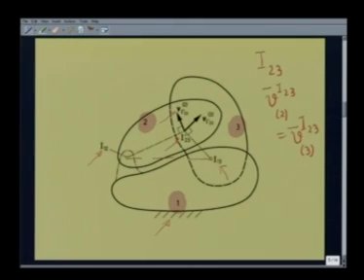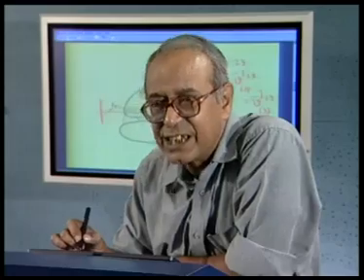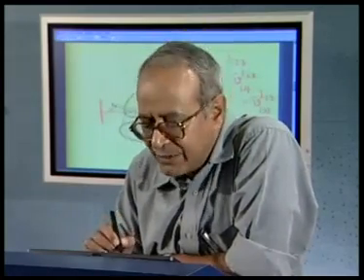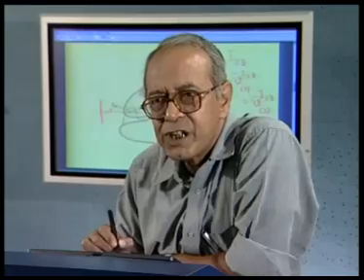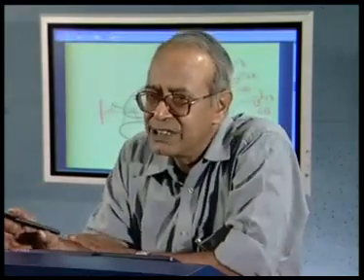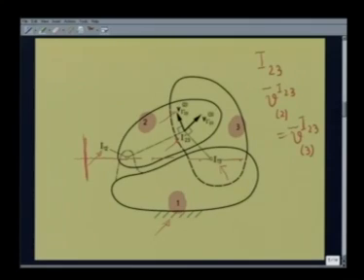lies somewhere on this line, say here or there or there or there. Then only the rotation about I12, if I consider it to be a point on body 2, will be perpendicular to this line, and if I consider it to be a point on body 3, which is rotating about I13, also is perpendicular to this line. So, these two velocity vectors can have the same direction, which is a necessary condition for it to be the relative instantaneous center I23. So, we have proved the Aronhold-Kennedy theorem of three centers by contradiction, and now I will demonstrate this